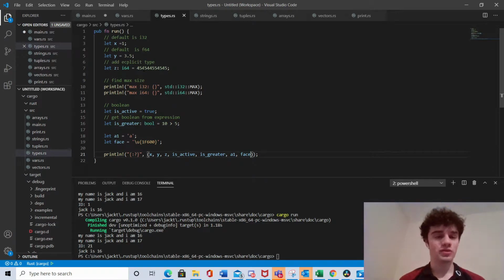For default, when you set an integer, it'll automatically set to a 32-bit integer. But if you use a decimal point, it'll automatically set it to float 64. However, you can specify which one you want. For example, here we have put let z colon i64, then we can use a 64-bit integer. And to find its max, you just have to write this